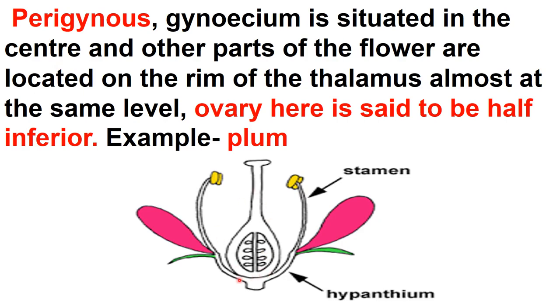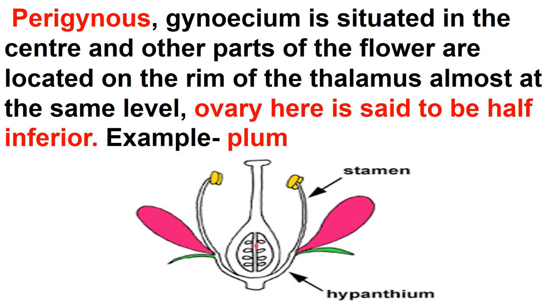See here in this diagram, in this flower, here you see this is the gynoecium. Okay, this is style, stigma and ovary, right? So this ovary is present in the center, and other parts like these are androecium, corolla and calyx, these are present on the rim of thalamus. This is thalamus part. Okay, this part is thalamus, and this thalamus is making this shape, and this, you can say this is rim of thalamus, and these other parts are present on the rim of thalamus almost at the equal position. Okay, almost these are situated at the same level.